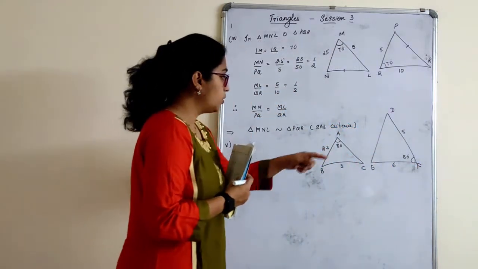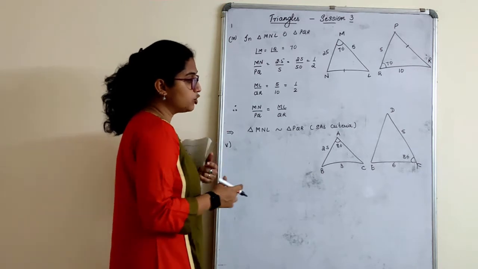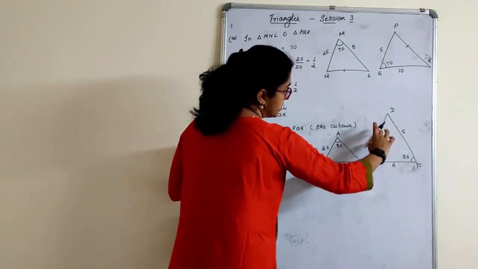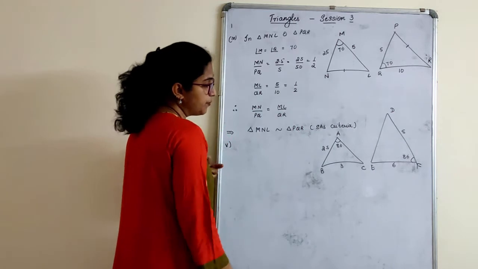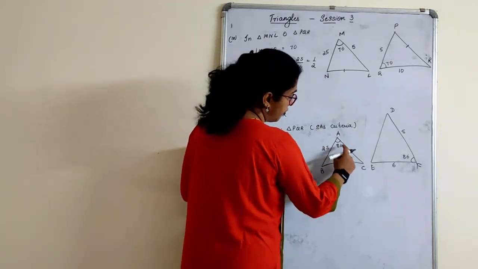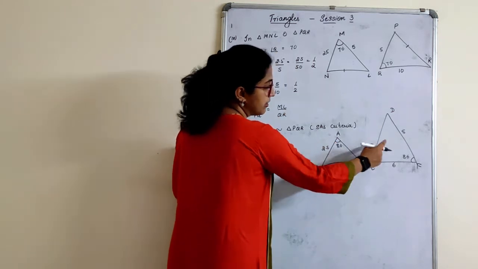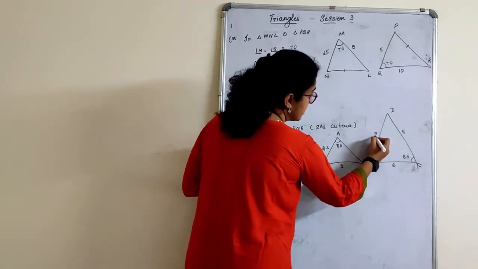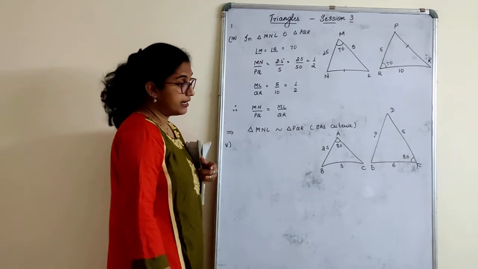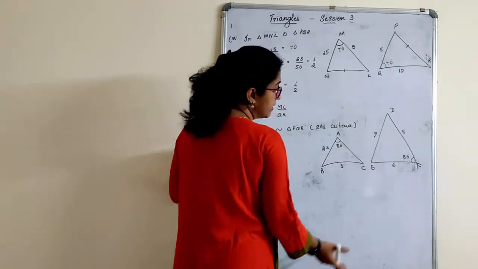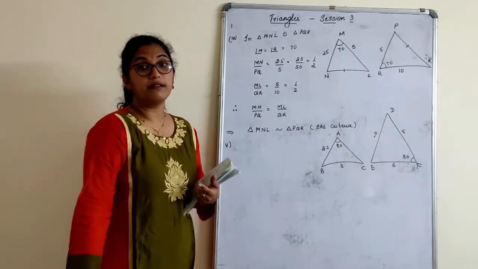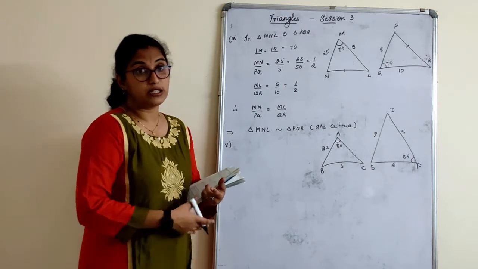Now look here, with respect to angle A, the side should be BC. If it is BC, then it has to be this side, right? If it is AB, see here, from BC, this is the side. For angle A, this is the side. Now for the other, here we don't have any side given. Correct? Look at this part here. Any other sides we can't choose. We have only one angle here which is equal.